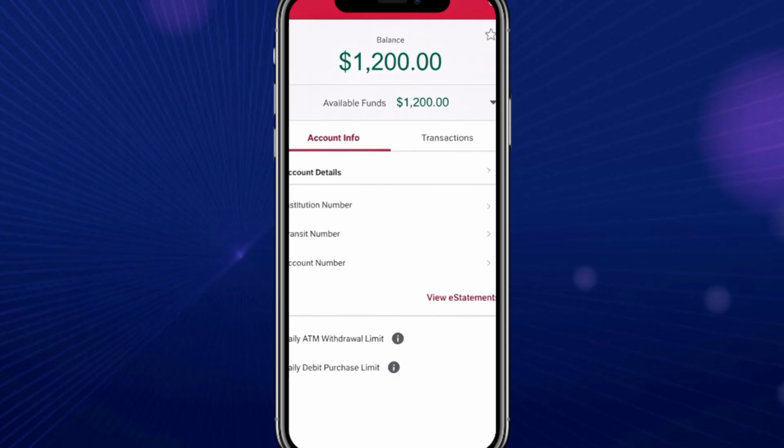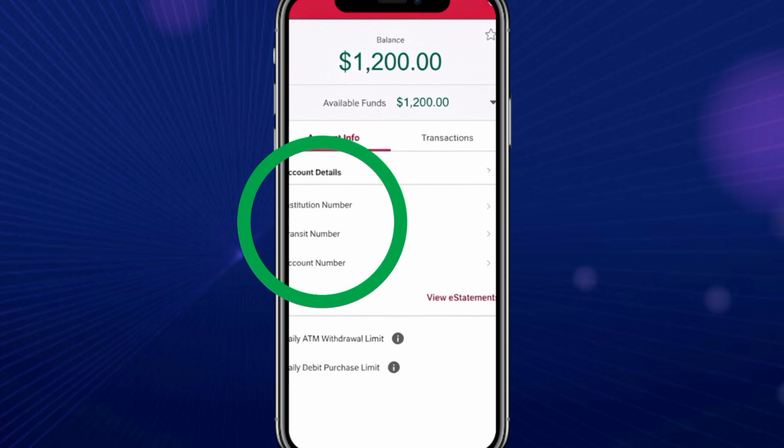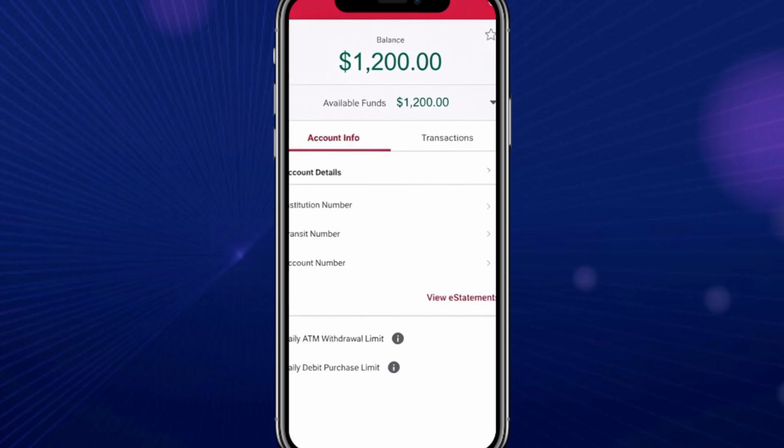First, provide your full name as it appears on your CIBC account. Accuracy is key here, so double-check the spelling to avoid any hiccups. Next, you'll need your CIBC account number. This is the unique number associated with your bank account, and it's essential for directing the funds to the right